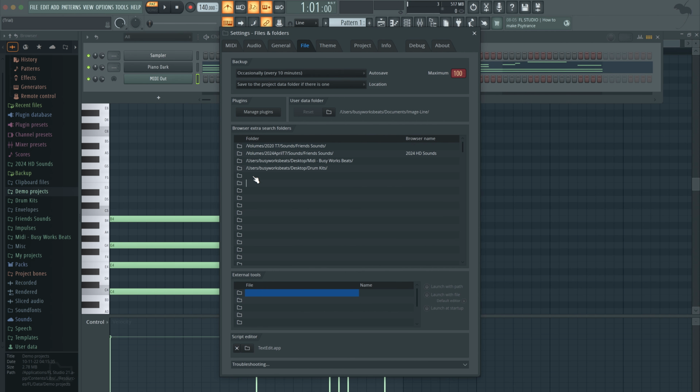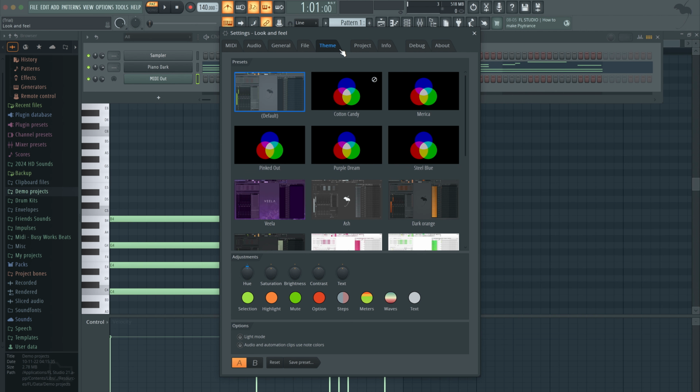What I used to do as a beginner is I used to just have my sounds everywhere on my computer and I would manually go through each folder, each drum kit. It was just dumb. So I should put everything into one folder, okay, so that you can access it there. Trust me, it's going to save so much time.